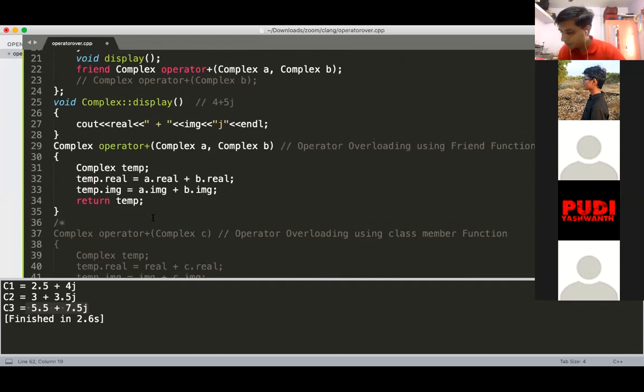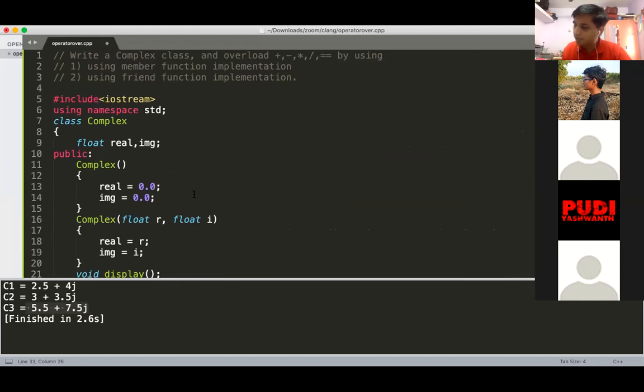So I have given that one operator, the plus operator. Okay, that is enough. I think the assignment is enough. So I think we are done with operator overloading.